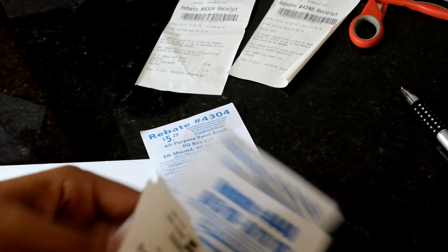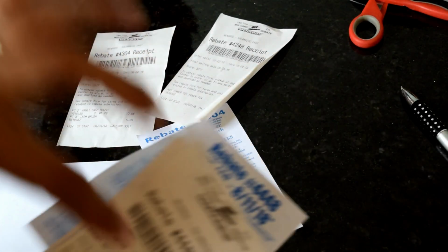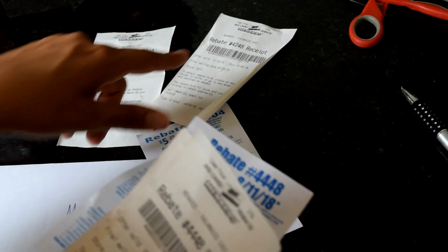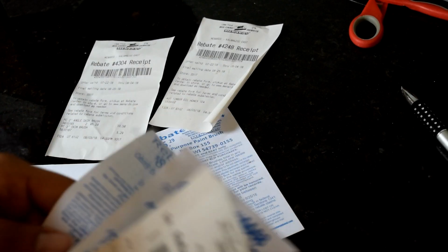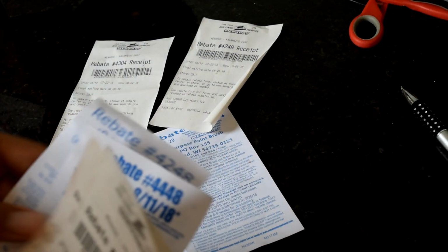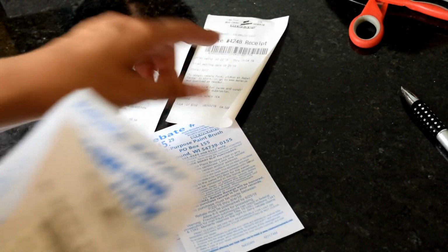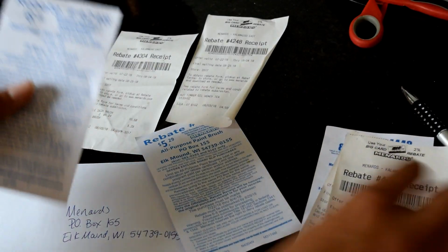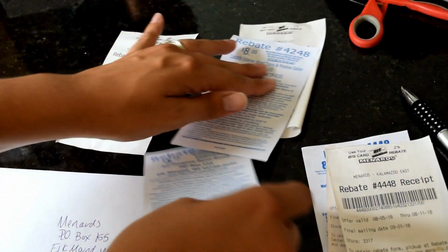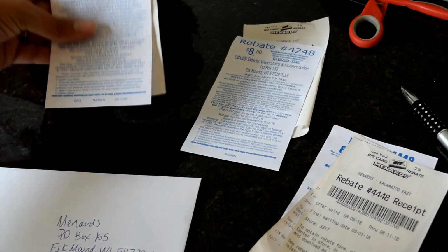So these have to be sent out before this one, but their dates overlap. So as long as I send them both by 8/25, I'm going to be good, or all three of them. This one's 4304, this one's 4248, this one's 4448. I fill out all of these forms. I fill out one for this one, 4248 goes here, this one goes here. But then I can stack them all together, because if you notice,